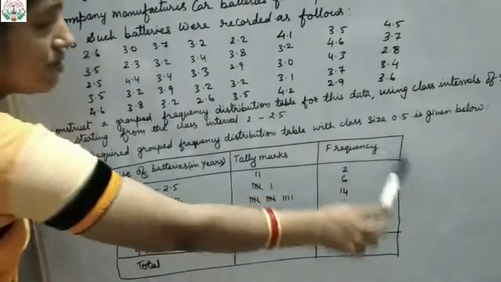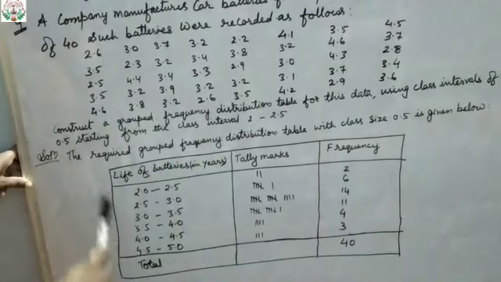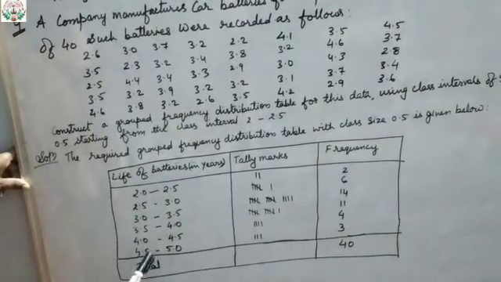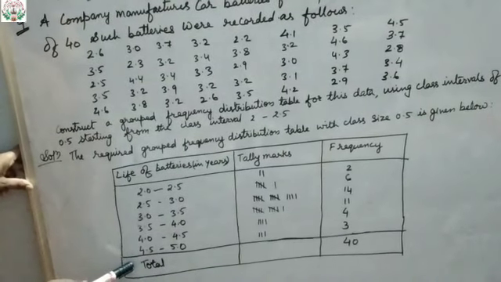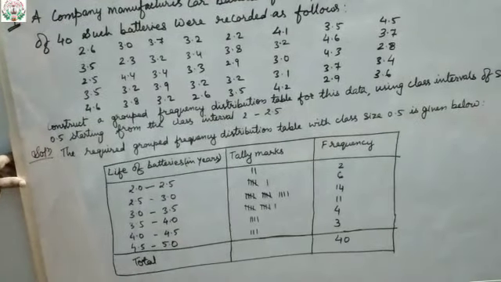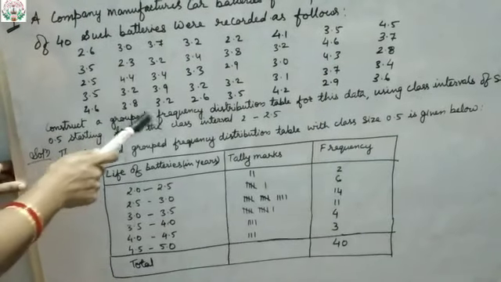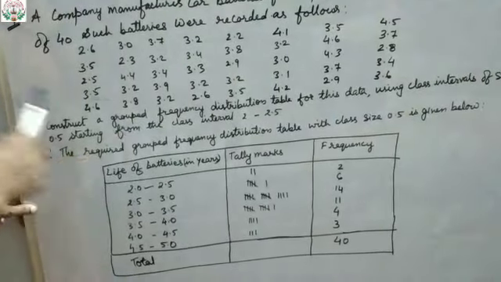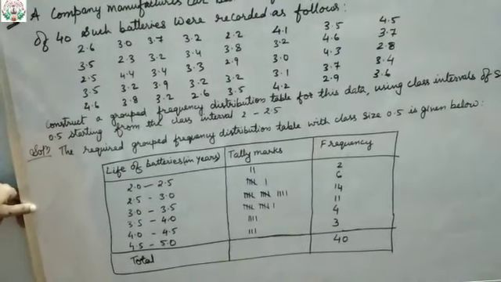So likewise you are supposed to make the frequency distribution table. So the grouped frequency distribution table is done. So this is the answer. I think you all might be clear about this statistics, making the grouped frequency distribution table. Based on this, I will be giving one question that you have to solve as homework.